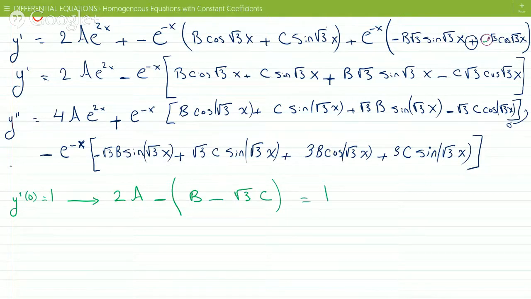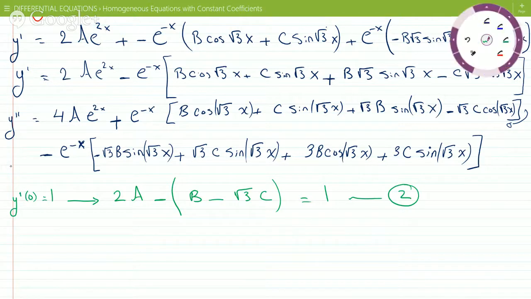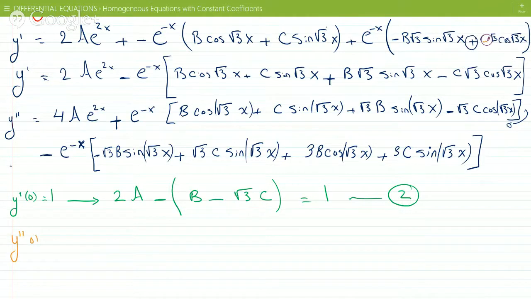And that has to equal 1. So this is equation number 2. And then equation number 3, we are told that y double prime of 0 is 0. So we will plug in 0 in the y double prime for x. So we get 4a